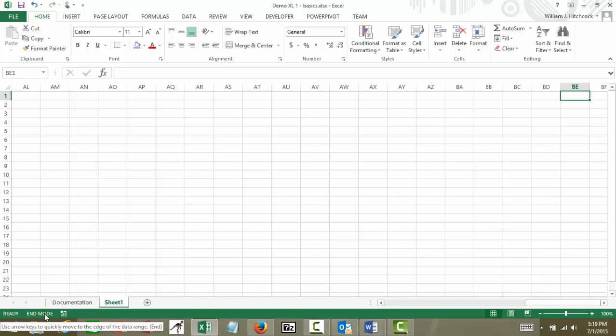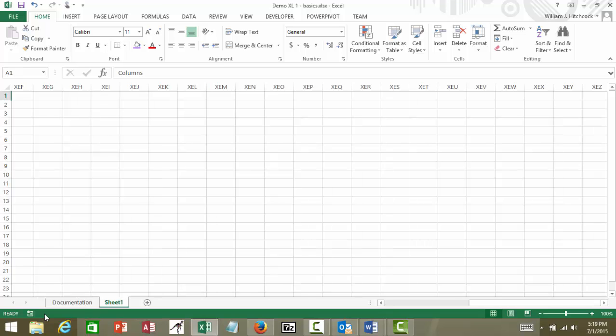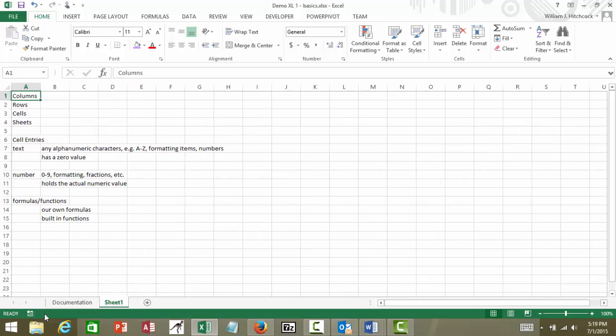Then I'm going to hit my right arrow key on the keyboard, and that takes me to the rightmost column, which happens to be XFD. Now to get back home, you can just hit your Home key on the keyboard, and it takes you all the way back to column A. So columns go from A to XFD, and to find out how many columns that is, we'll use some numbers